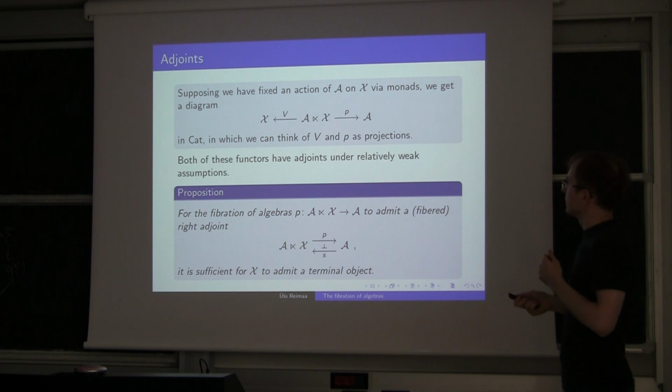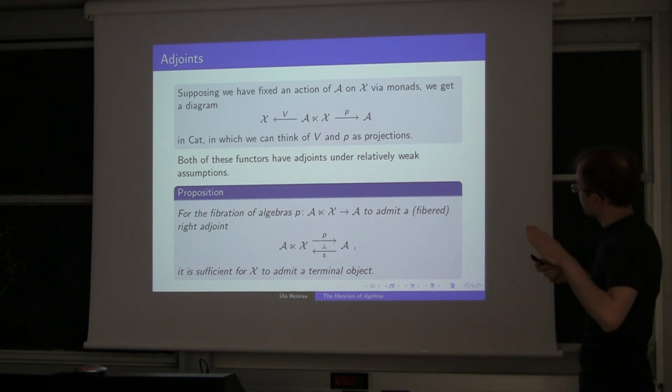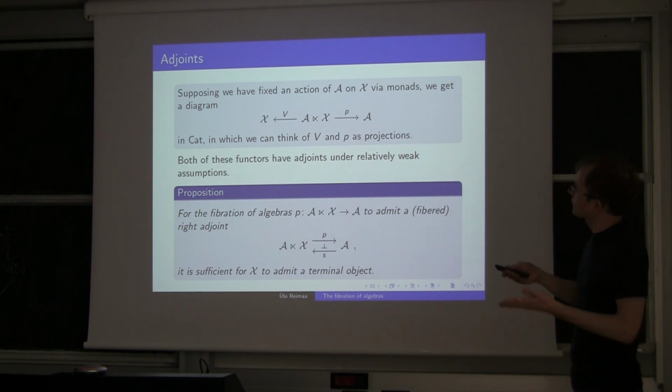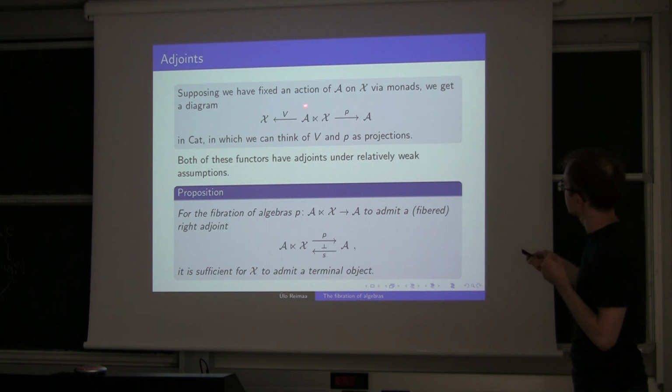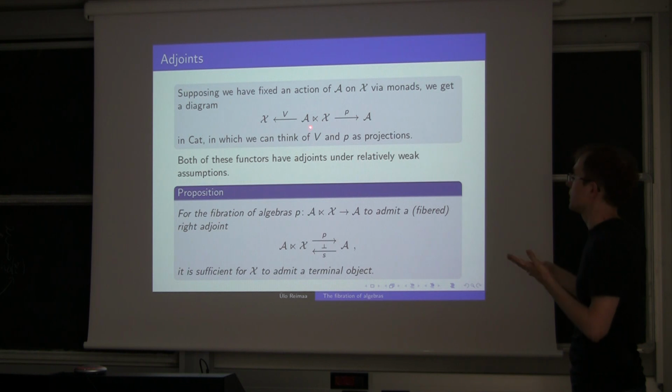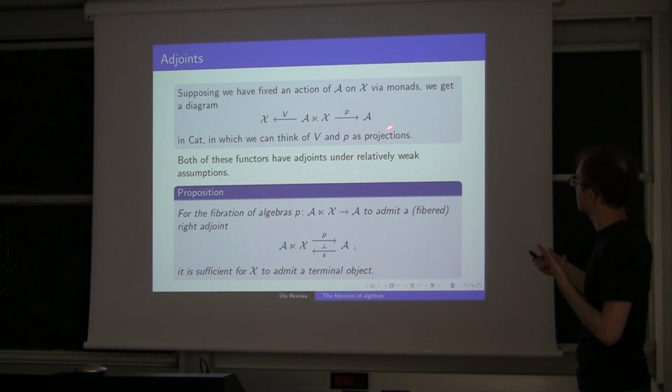Now, since we are already considering this notation, it makes sense to further think about this as a semidirect product. So what can we do with semidirect products? We can consider diagrams like this. We have this semidirect product. We have two projections, which take this triple here and just get everything but the X component and everything but the A component. So this P is the fibration of